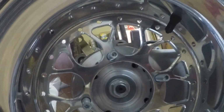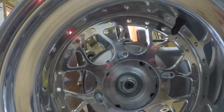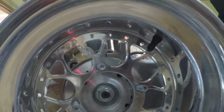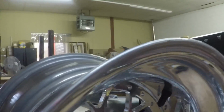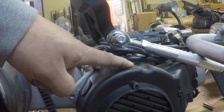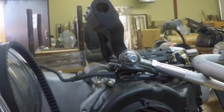Behind that is the Password JDM hub, and I've put some studs in there, I think they're 12 by 1.25 threading, so I can use some lug nuts on there, some anodized green, and a lot of the stuff is going to be anodized green or black. And I also have gotten some other stuff for the engine. I changed out the stator inside here to an 11-pole AC stator. It originally came with like an 8-pole DC, and I bought the DanMax harness,